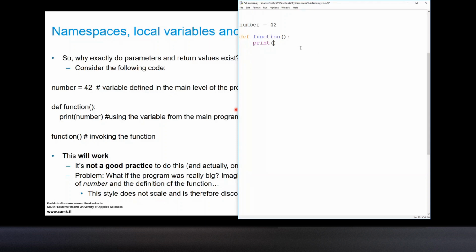So what we could do inside this function, now that we have some variable here that exists, we could simply just use that variable inside this function that's aptly named function. And later on, if we invoke this function to actually make it do something,